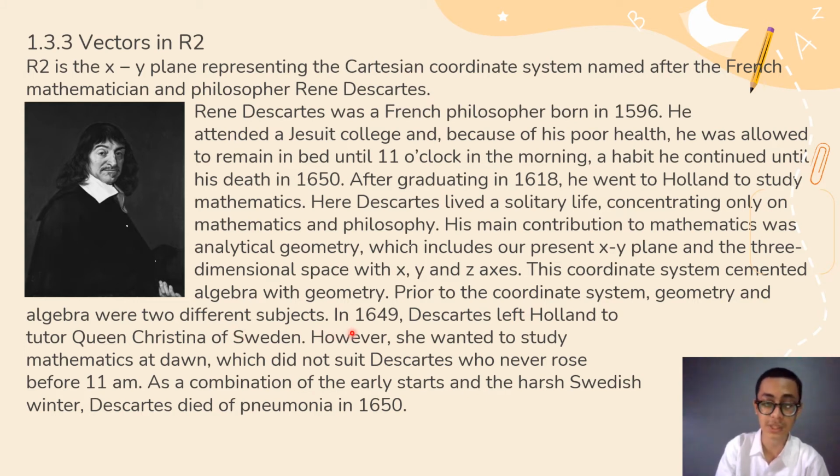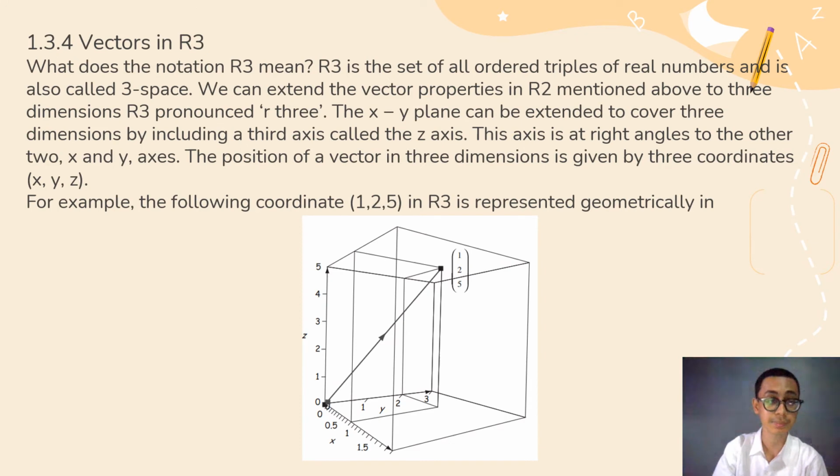In 1649, Descartes left Holland to tutor Queen Christina of Sweden. However, she wanted to study mathematics at dawn, which did not suit Descartes, who never rose before 11 a.m. As a combination of the early starts and the harsh Swedish winter, Descartes died of pneumonia in 1650. Next,